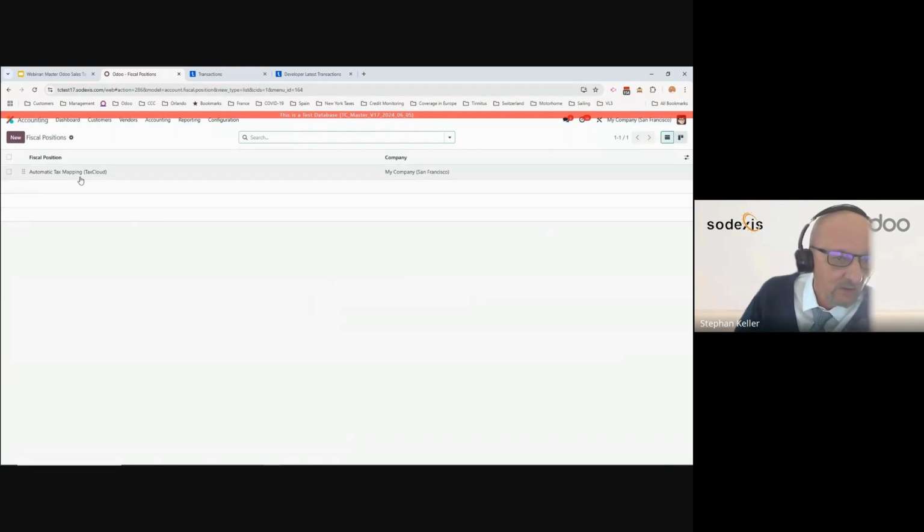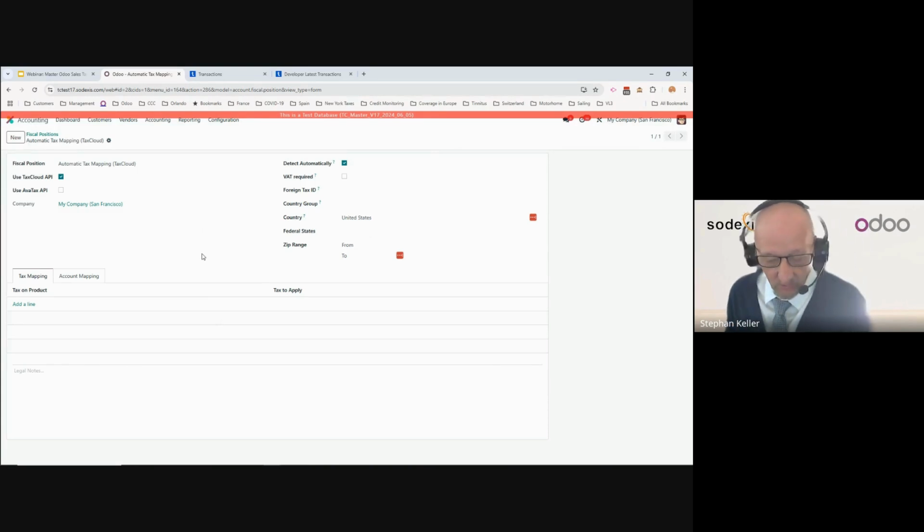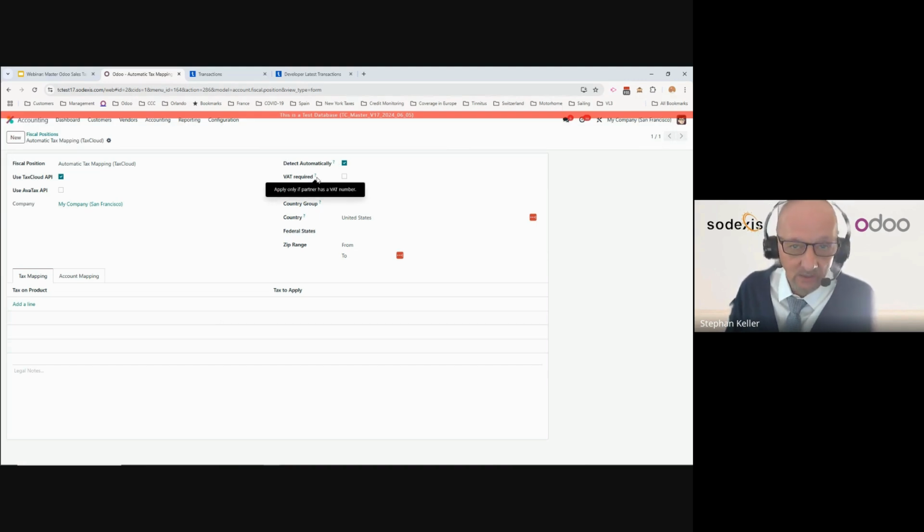So in this case, there's only one. And if you're familiar with the way the taxes work in Odoo, this is a standard document in Odoo. Fiscal position: you will assign a fiscal position to a customer, or like in this case, you can detect automatically and assign this fiscal position to a sales order. In this case, we set it up such that any customer that has a delivery address in the United States, then this fiscal position will be